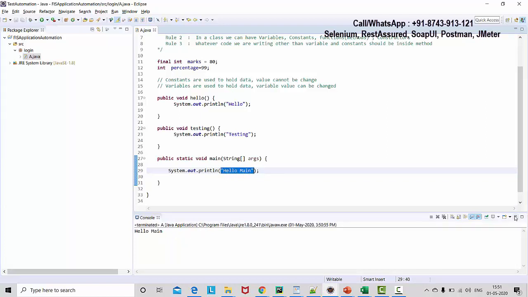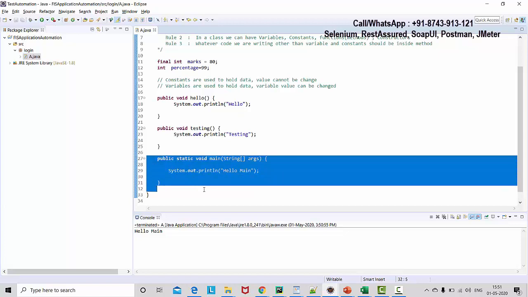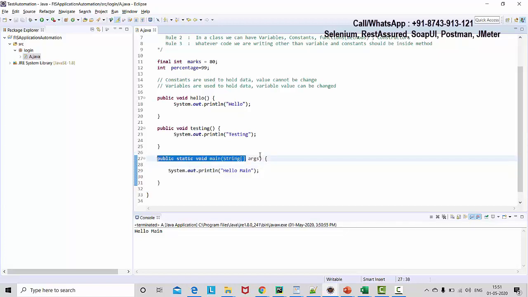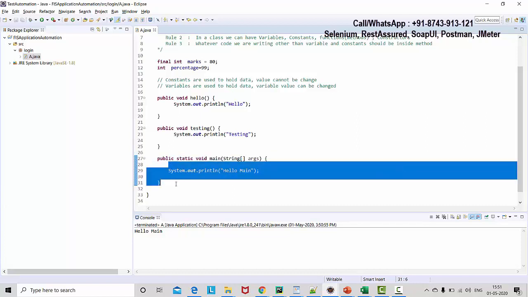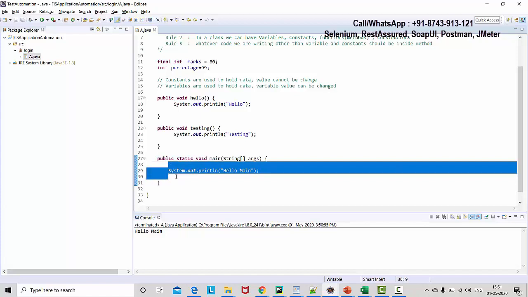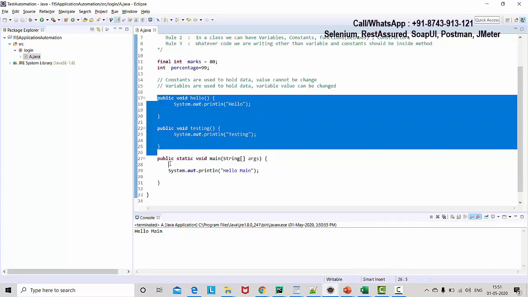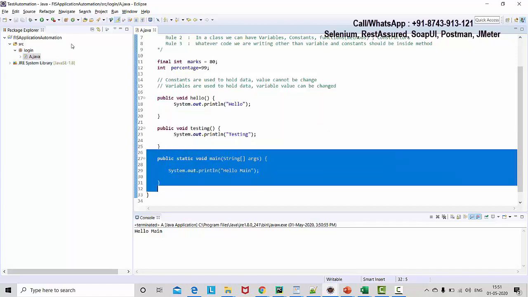So here we have noticed as we are running, it is searching for the starting point, which is a main method. We just created a main method, and the syntax will always be the same. So we are not writing it. We are picking from the suggestion. And whatever code we have written inside that, it will execute automatically. So now we have seen, we have created a few methods. Also we have created a main method, but when we are executing, it will execute only main.